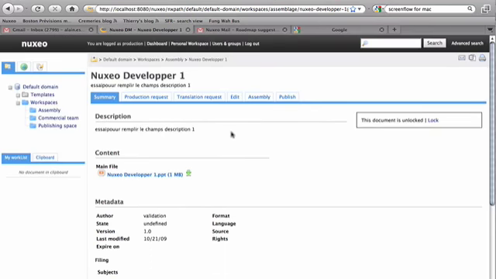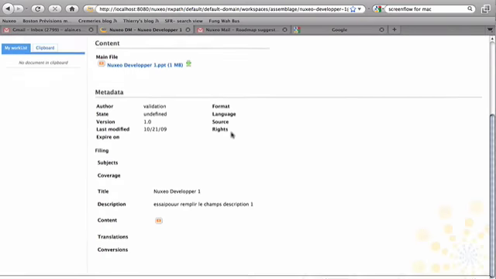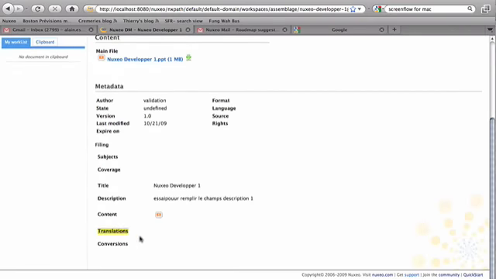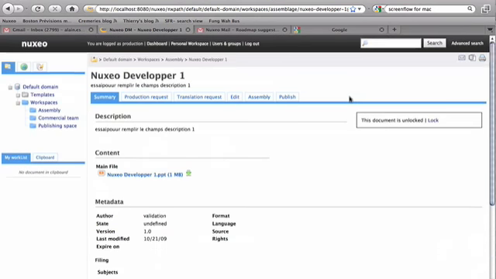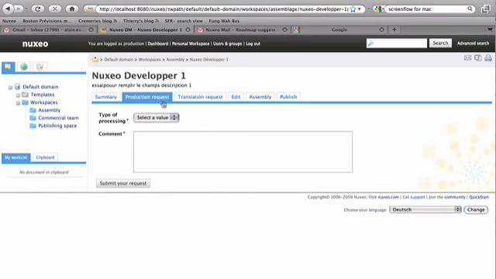So now that we have this document, the idea will be to produce translations and also maybe some PDF versions and video version of this training. To do so, we'll start with requesting a video version. I have this production requests tab here. You don't know this one, it's specifically created for the prototype. There I will say I want a video, so I can fill a comment, please, I need a video